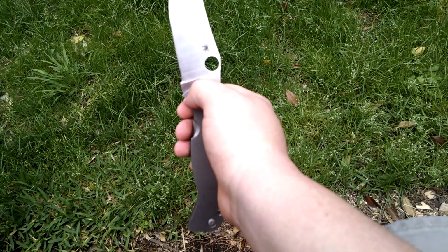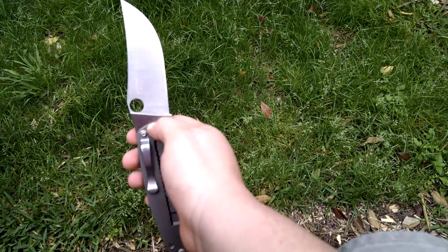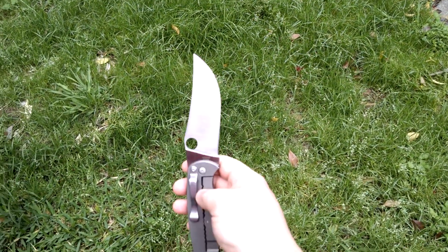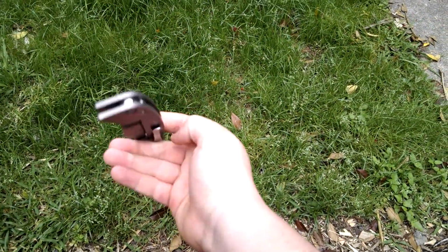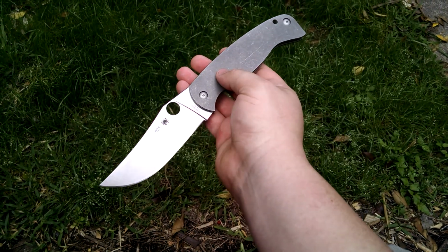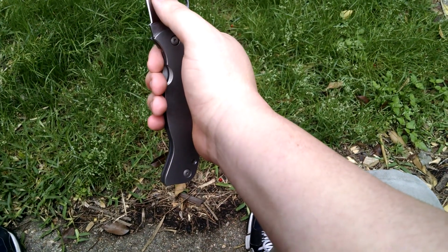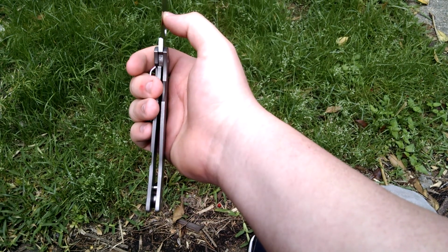I know Ankerson did a test where he cut what is effectively a mile of cardboard with it and posted it to the Spyderco forums, and he was apparently still cutting paper with it without any touch-ups, which is a very valid data point, and that's pretty much in keeping with what a lot of people see with this steel. Very nice steel. Cliff did a video where he did, I think, something like 1,000 or so cuts into carpet,